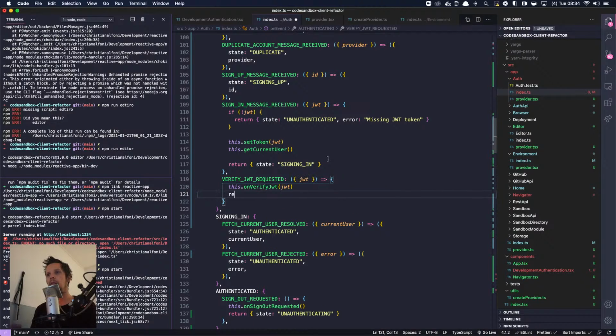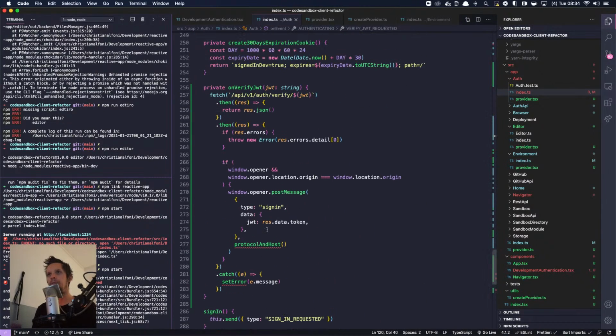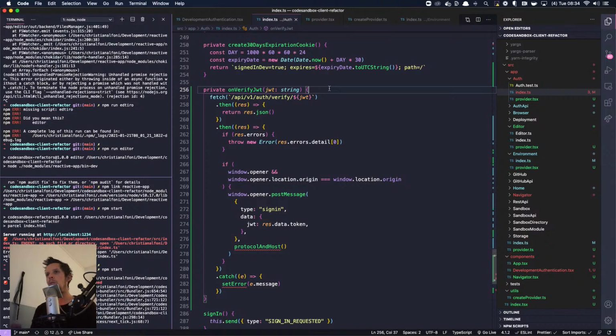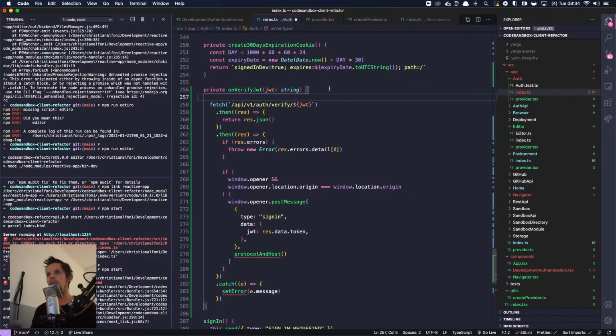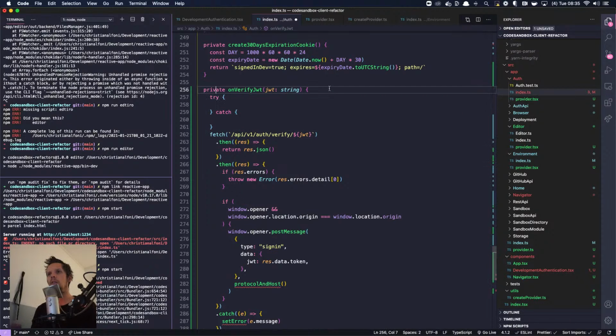We pass that in, and when we're doing that, we are basically signing in. So on verify JWT, we don't want to fetch directly. We rather want to use our, let's do a try catch here. This is an async function, and what we're going to do is we're going to try to